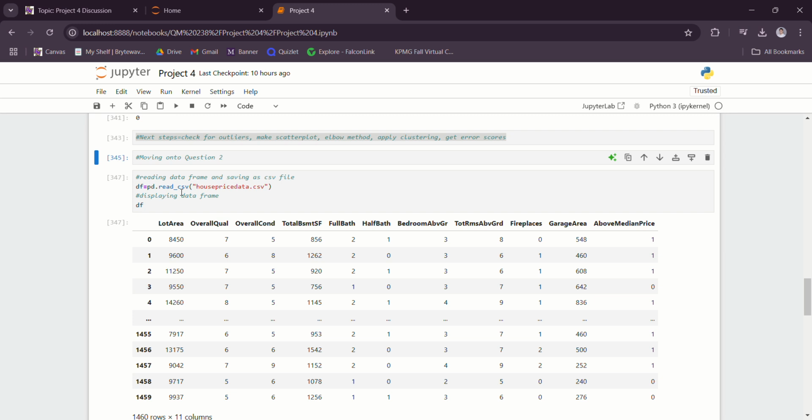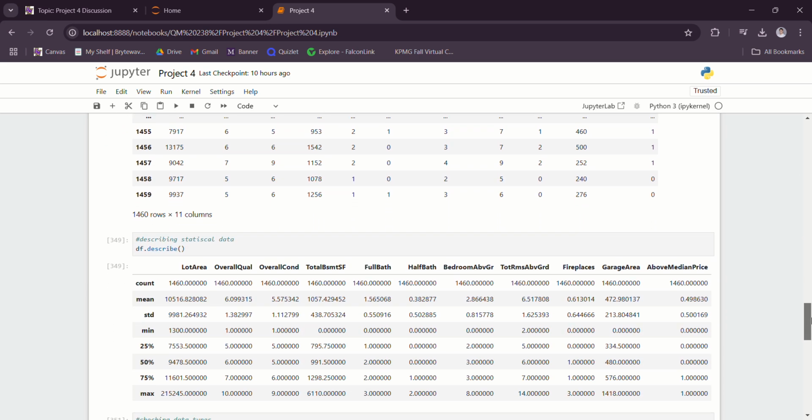I did the same thing. I did the pd.read_csv function and then plugged in the given CSV file. This time it was house price data. I then displayed the data frame by using just df. I then did a statistical summary of the data by using the .describe function. And as you can see here, I got all of this